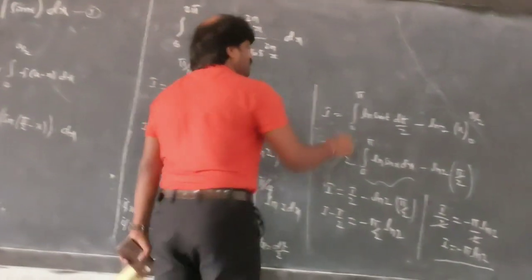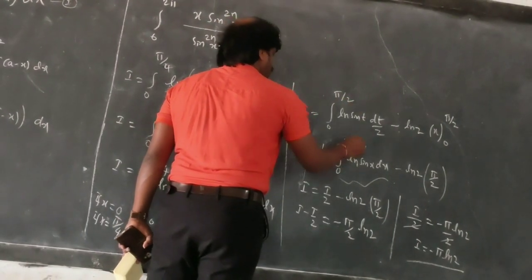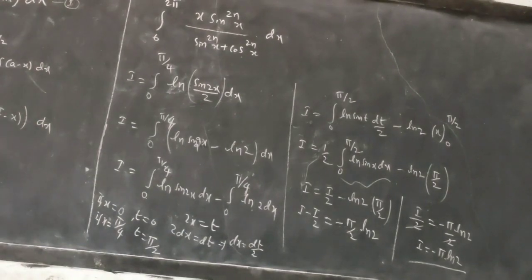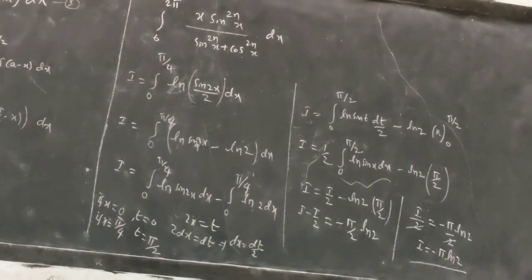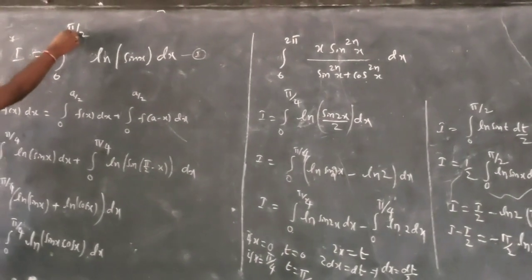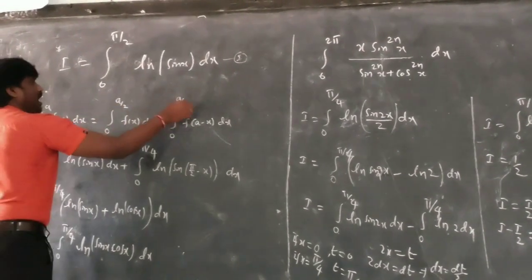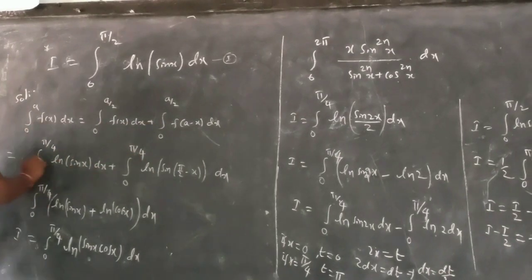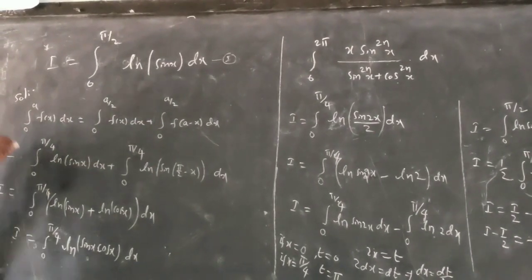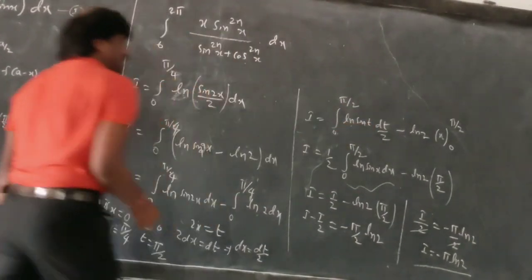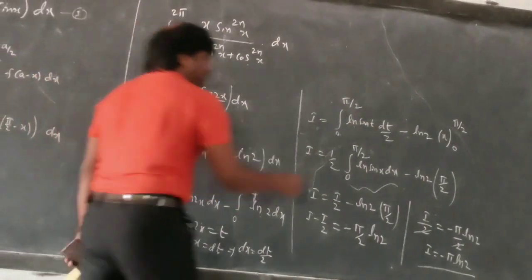So here is the question. Here you get pi by 2, here you get pi by 2. By mistake I did not see this, I felt pi. Sorry, pi by 2 it is. So according to the King rule you get a by 2, that is pi by 4. I applied pi by 4 everywhere. See here, then I got integral 0 to pi by 2 of ln sin t dt. That is what I got here, pi by 2.